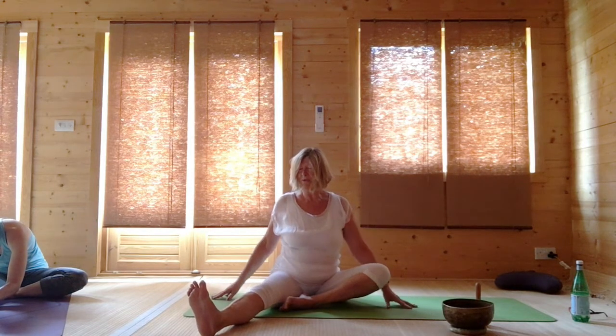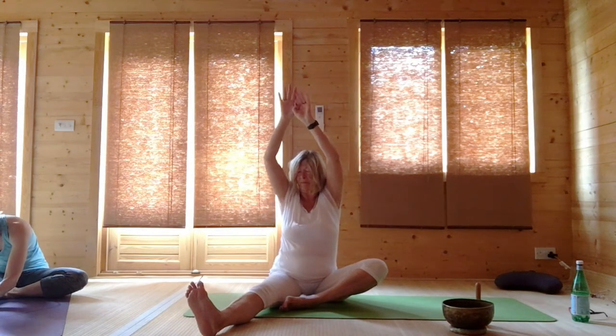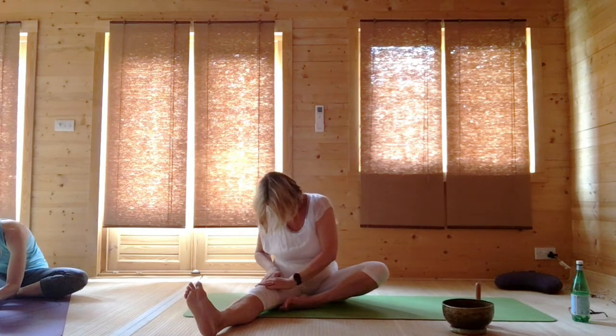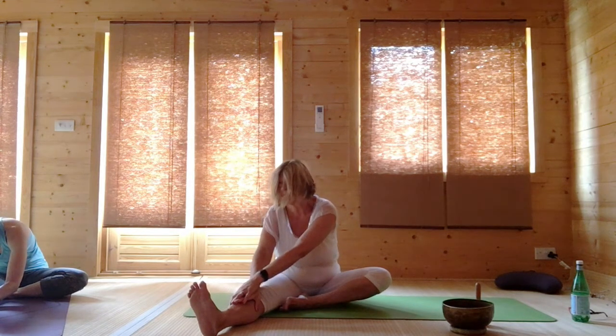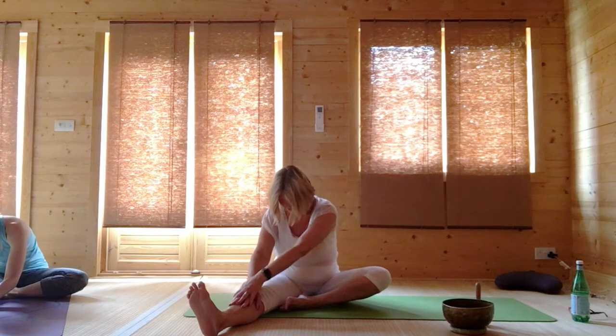And just lengthen your spine and turn towards your outstretched right leg. As you raise your hands up, lower abdomen in, either coming straight forward or bending your elbows and sliding your hands down the shin, stopping where it feels comfortable for you. Breathing in, lifting up, and breathing out, sliding